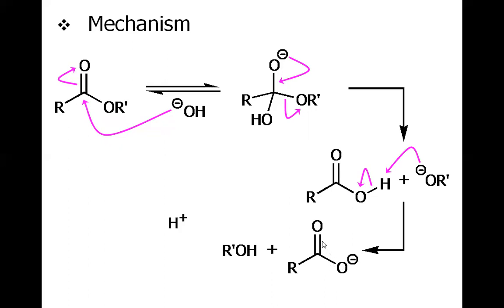However, when we add the acid in the second step, that is called the workup, this carboxylate salt may give us the carboxylic acid. So you could compare this hydrolysis of ester with the acid catalyzed one. We have different mechanism, but the product is same. In the acid catalyzed hydrolysis of ester, we have the alcohol removed because it was protonated prior to leaving. But in base catalyzed, we have alkoxide removed, which protonates from the carboxylic acid to have the alcohol.